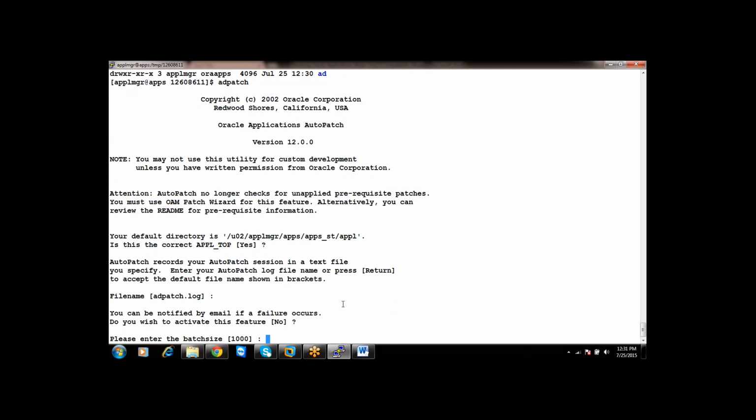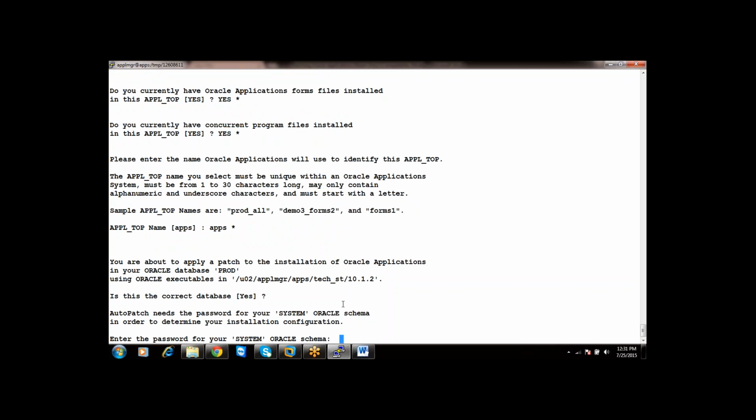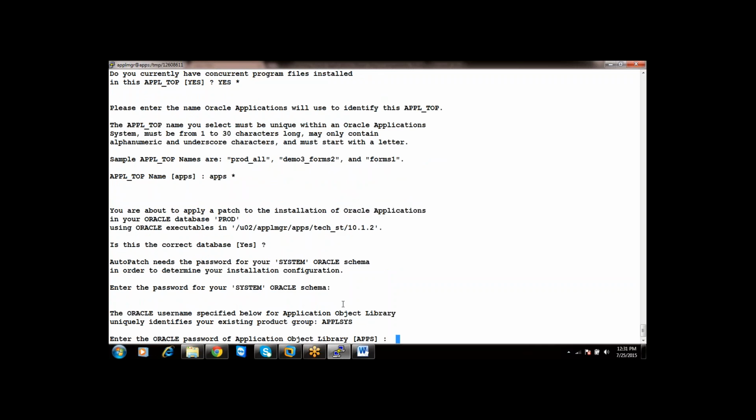If your patch is going to be huge, then you can increase the batch size, because batch size is nothing but the total number of background concurrent jobs running. As this is a small patch, I'm proceeding with 1000. This is the correct database. Password for system is manager. Apps password is apps.